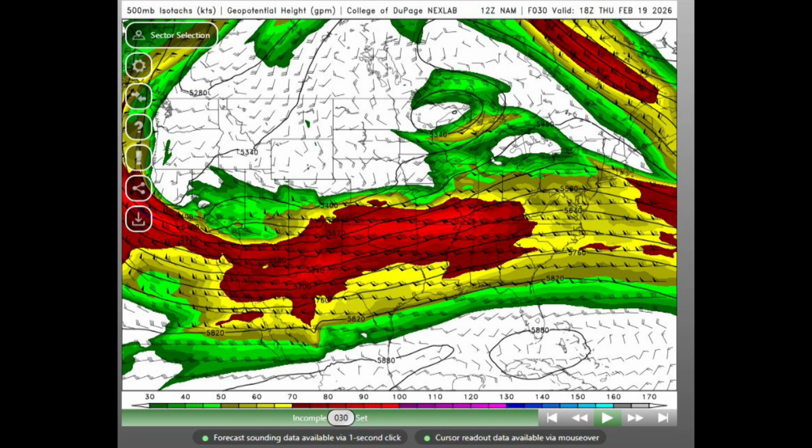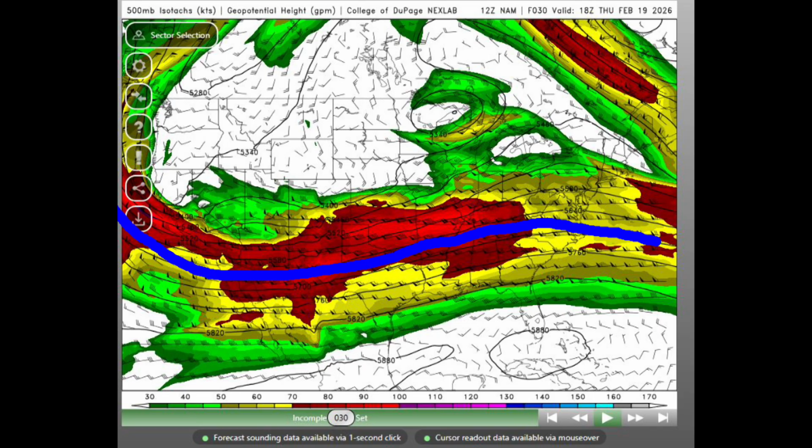I like to start with the 500 millibar wind speeds. 500 millibars is considered mid-level in the atmosphere. This is usually a little less than 20,000 feet above the ground. The mid-level winds are the driving force for the surface response, so it's a crucial dataset when analyzing a severe setup. Anyway, here at 18Z on Thursday, we see a very broad trough extending across most of the country, with